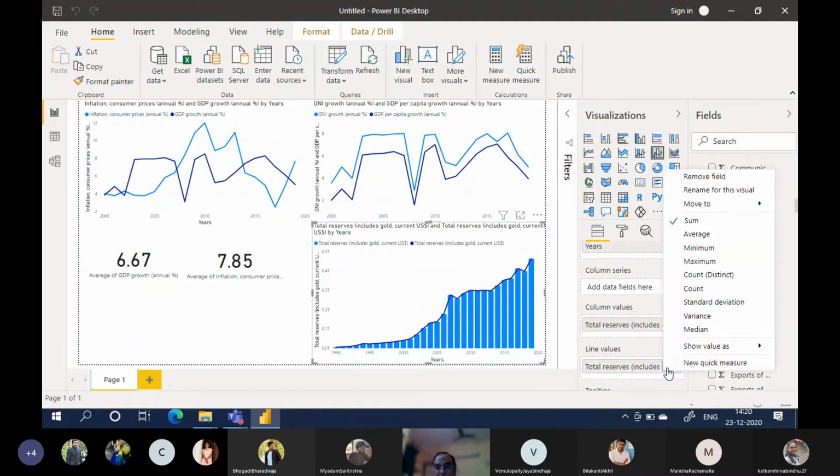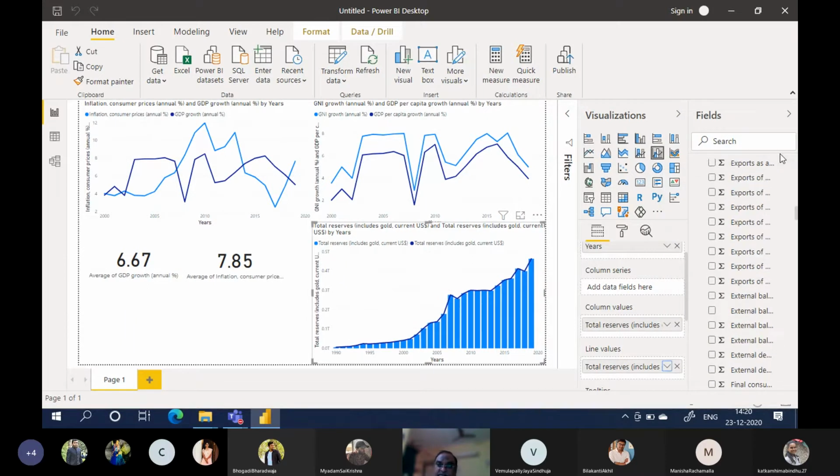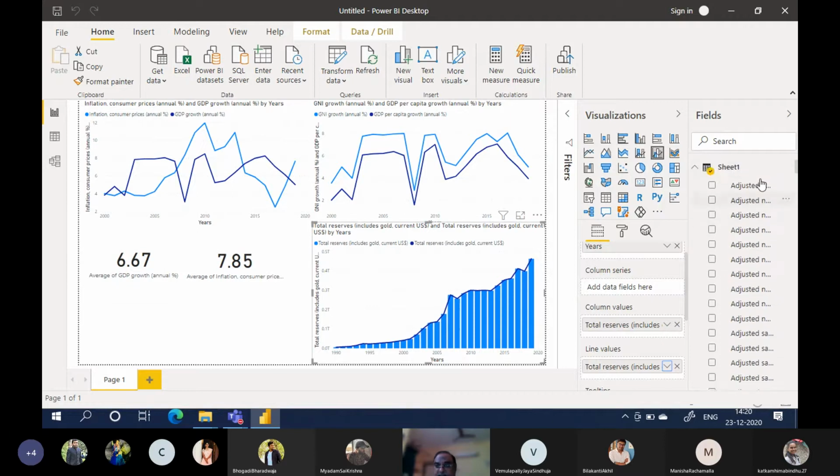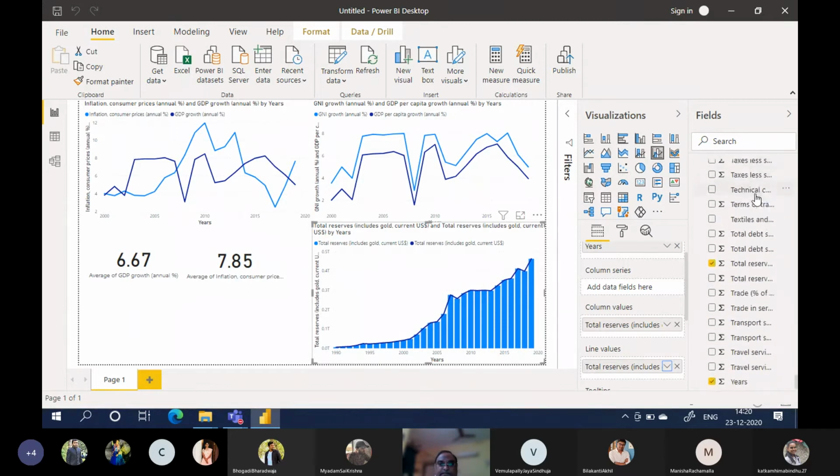Okay, date format we have to change. The date format has to be in that particular format, otherwise it will not take it. So let us see if you can add adjusted.